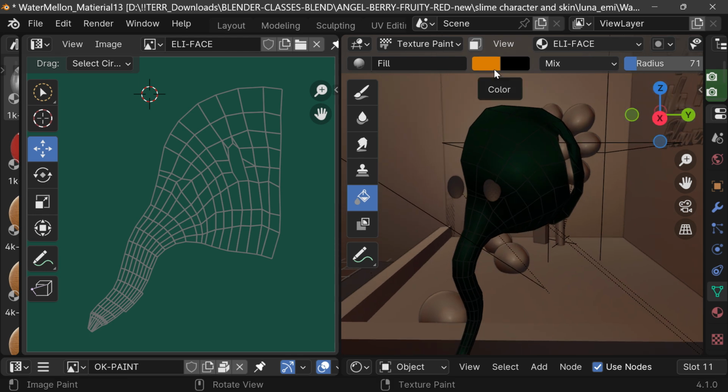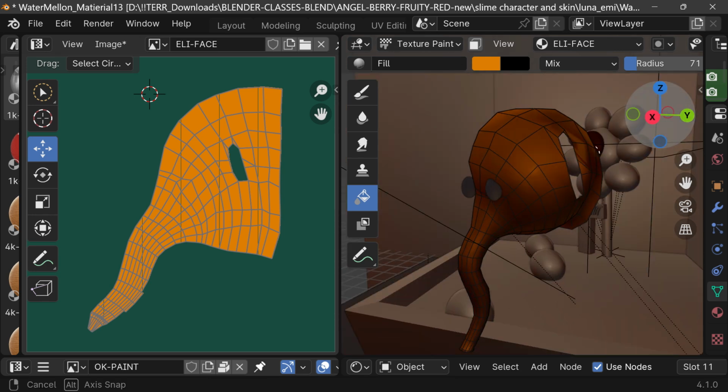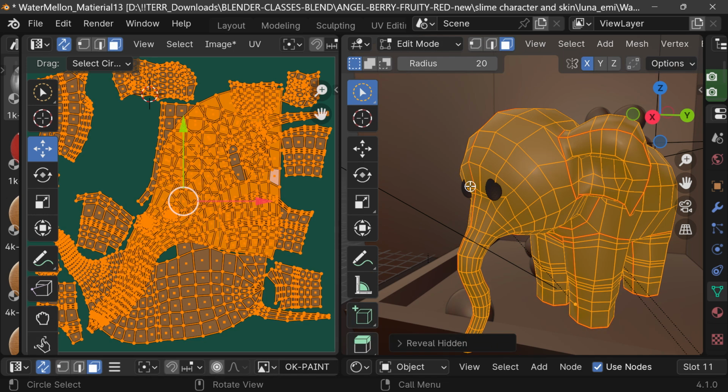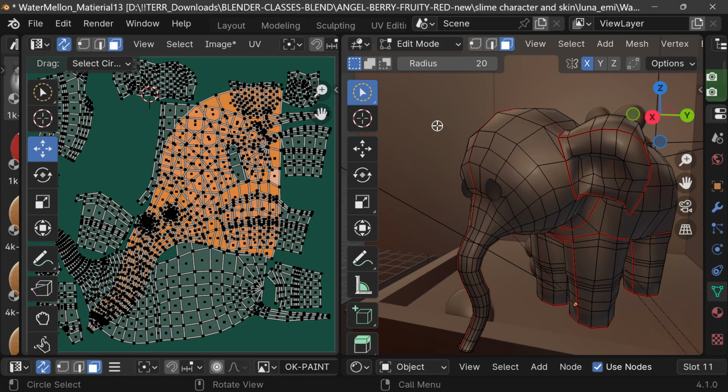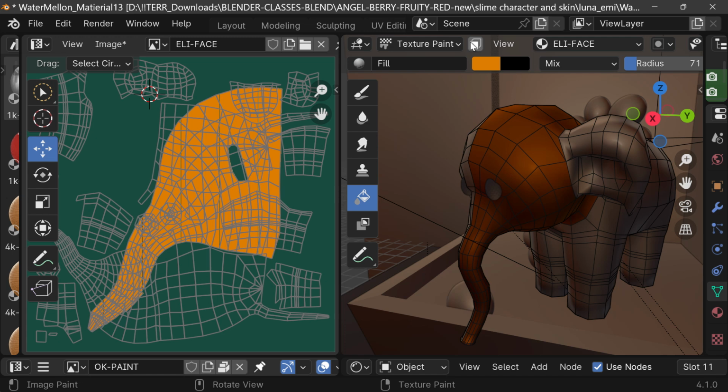So now that I'm on this, and if I click and I do, it's going to fill. But notice if I hit Alt H, let's see, might have to go back to edit mode, and I hit Alt H to unhide everything. And I go back to texture paint. Oh, only his face. It must have been because they were hidden. But normally, see, when they're unhidden, if I click this to fill,